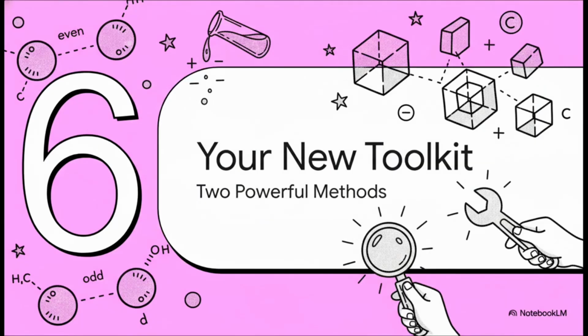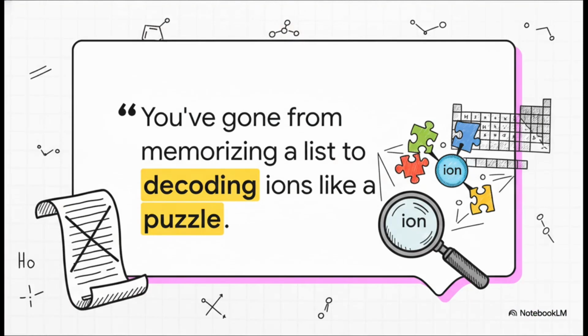So there you have it. Two really powerful tricks. You've got the even/odd rule for the two-element ions and the building block method for the more complex ones. This isn't just a random collection of tips. This is a brand new toolkit for how you approach these kinds of chemistry problems. I mean, think about the shift here. You're no longer just passively trying to memorize a list of facts. You're now an active problem solver. You can look at an ion you've never seen before, break it down using logic and the periodic table, and literally decode it like it's a puzzle. And that is a